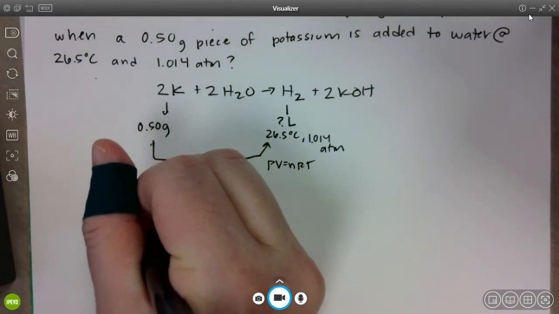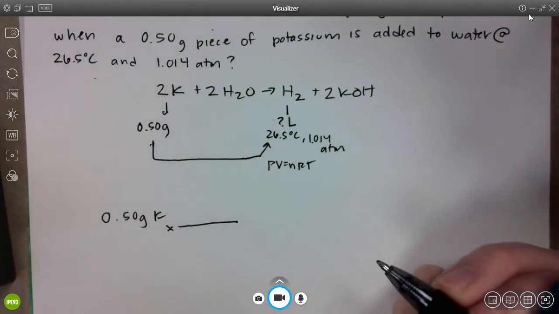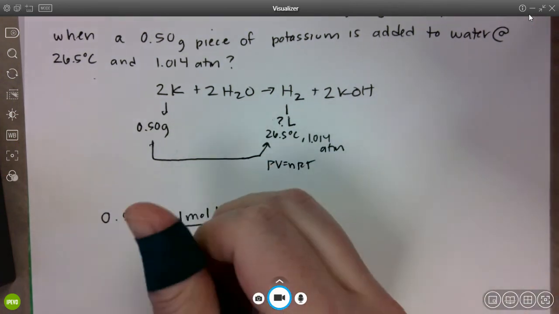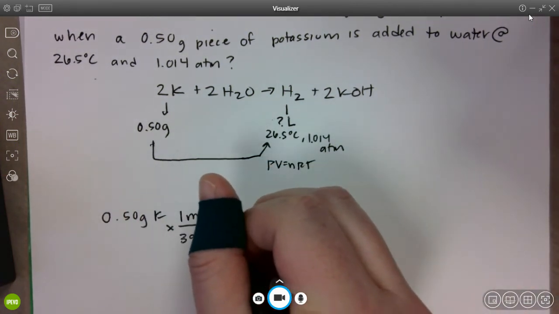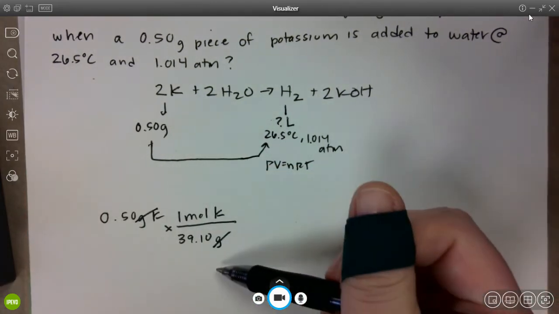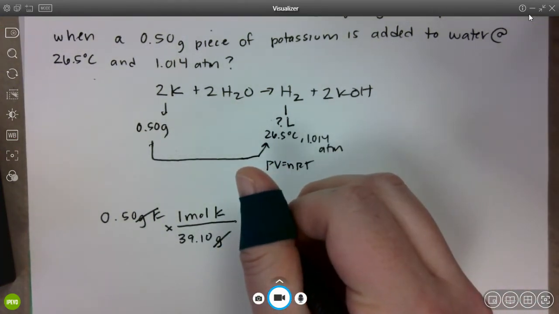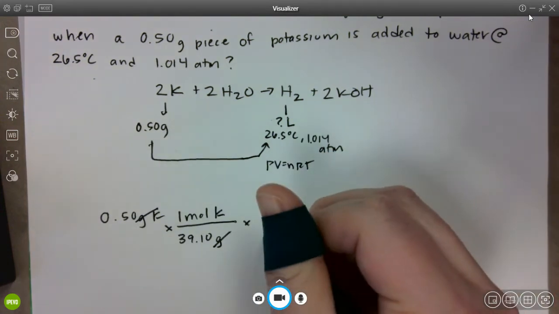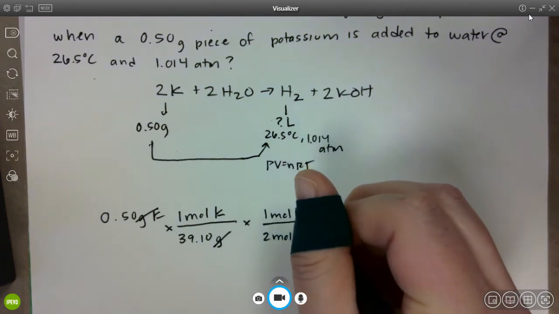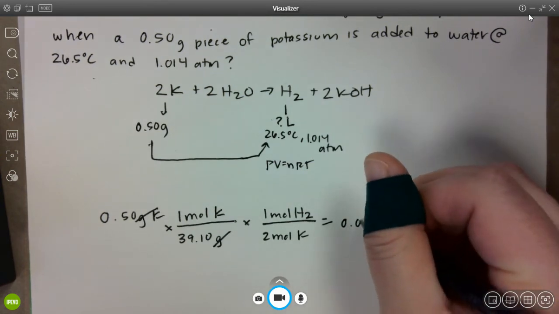So I have 0.50 grams of potassium, and I got to get that into moles, and that is just using the molar mass like we are so familiar with. I have 1 mole of potassium, and that weighs 39.10 grams, right? Grams cancel out, and we're in moles of potassium. So our starting information is into moles. Then I go to the mole ratio, and I'm solving for hydrogen. So it's 2 moles of potassium for every 1 mole of H2. And so if I go through and solve, I get